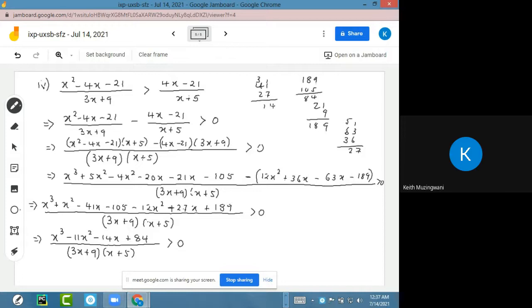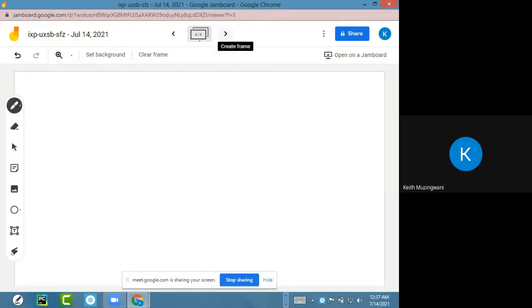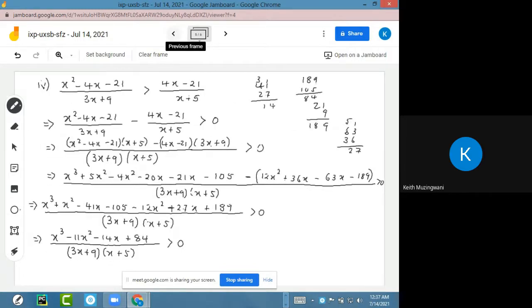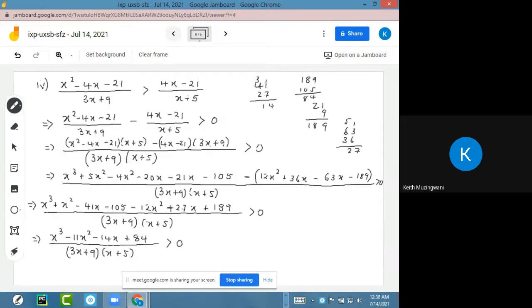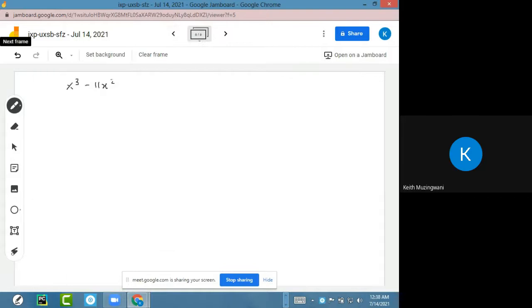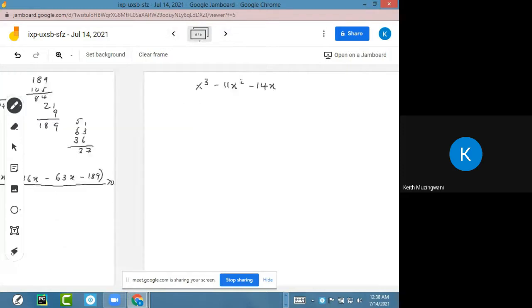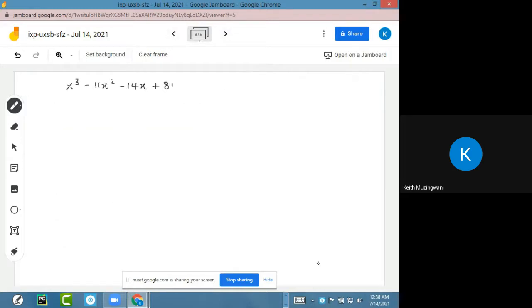So we get x power 3 minus 11x squared minus 14x plus 84. So let's get this and equate it to 0, meaning that we factorize this thing. So to solve a polynomial,